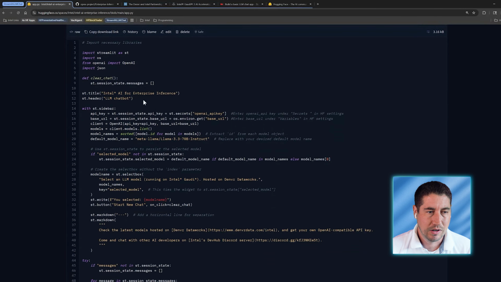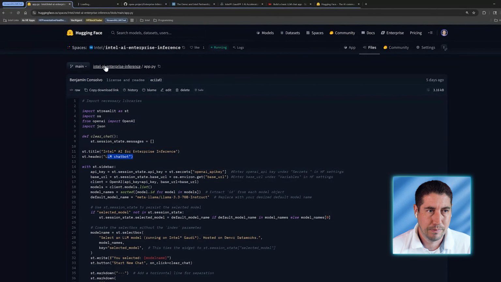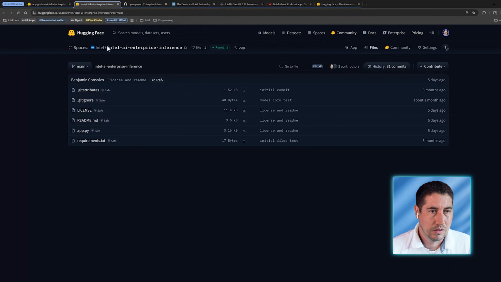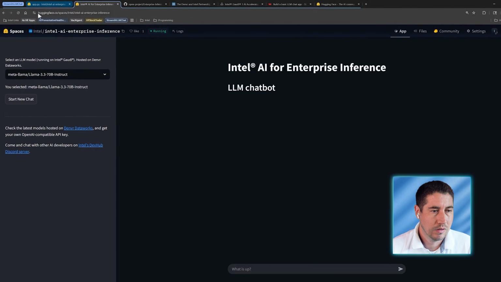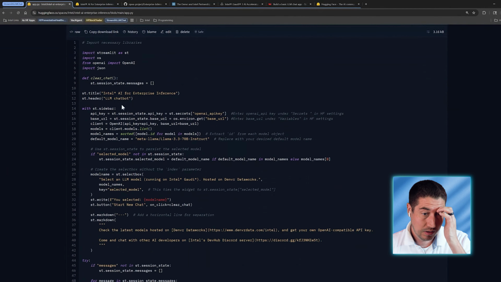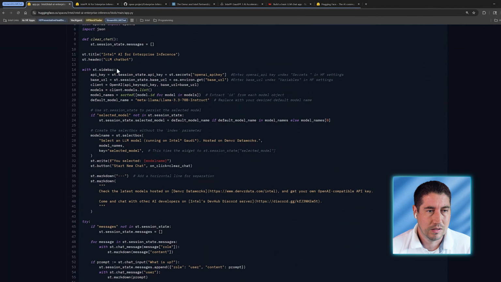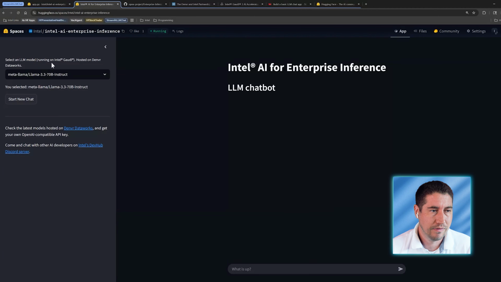And then I just have a couple of markdown items to put in. You probably saw on the actual front end that I have this Intel AI for enterprise inference, as well as the LLM Chatbot. Actually, what I'll do is pull that up as well, so I can reference it as we're going, so you can actually see the front end elements that I'm talking through. All right, so the first element in this front end is this sidebar, on the left, this whole area. You can do a streamlit.sidebar and then put in some of your custom